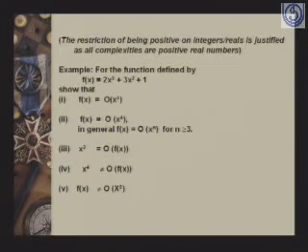Let us consider this. We want to show that if f(x) is a function 2x cubed plus 3x squared plus 1, then f(x) is equal to big O of x cubed. I will explain the meaning of this. The meaning of this is that the function f(x) equal to 2x cubed plus 3x squared plus 1 is such that